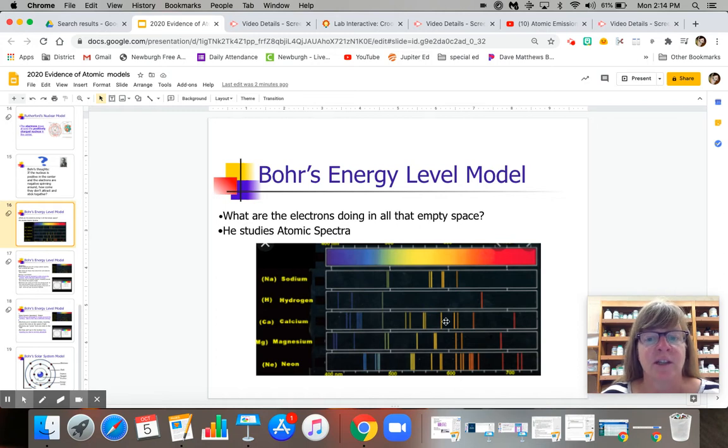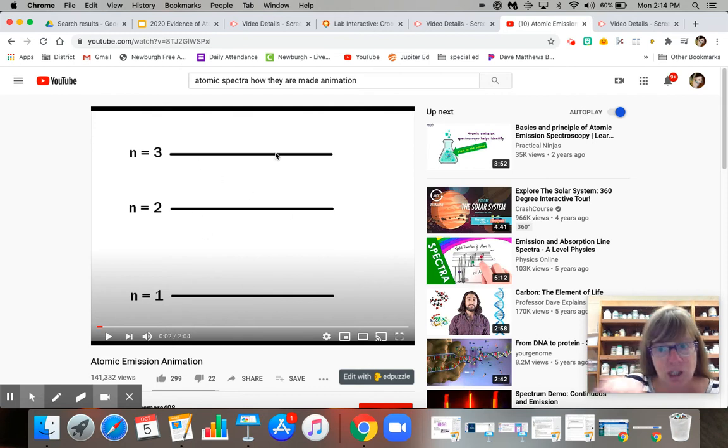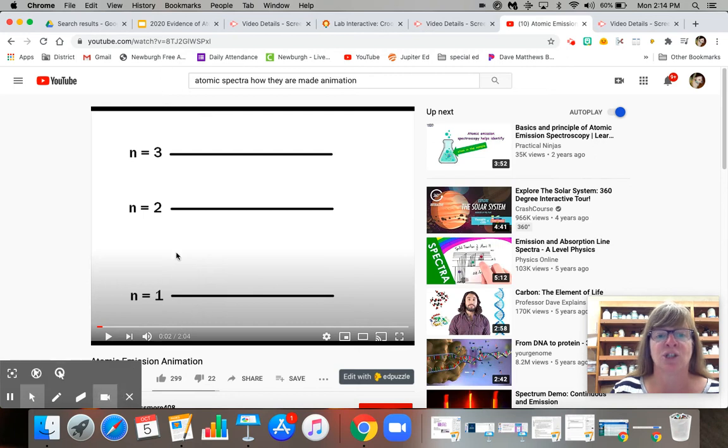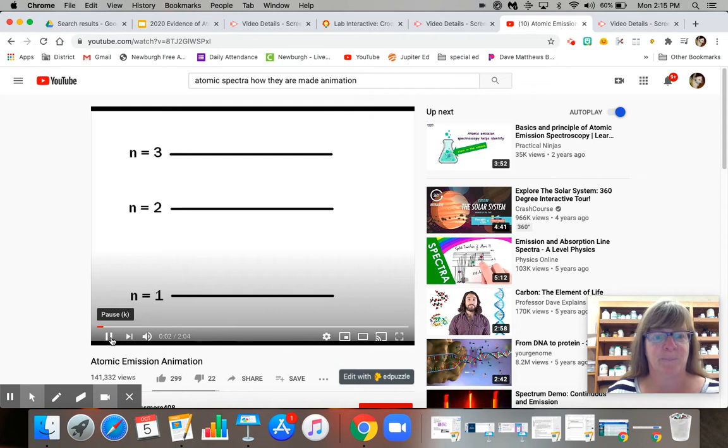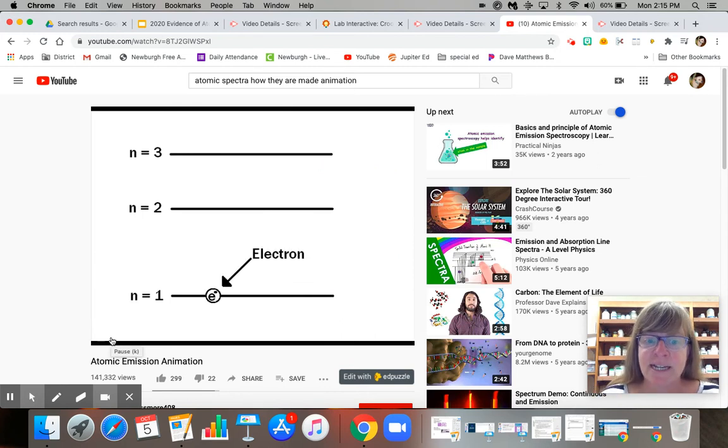What causes this uniqueness? And Bohr was thinking, let's look at the electrons. So we're going to take a look at a little video. And I want you to imagine these energy levels as circles. We're showing just part of it. So down here would be the nucleus, and this would be part of a larger circle, rings. Here we go. Okay, so we have the ground state, which is closest to the nucleus, and then rings outside that are the excited states. Electrons start off in the ground state,